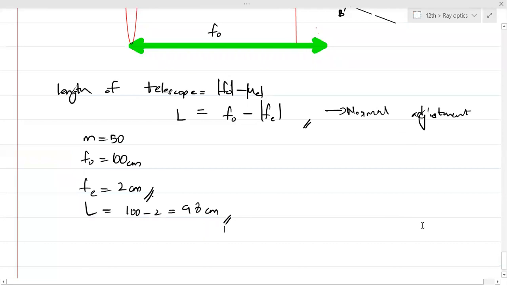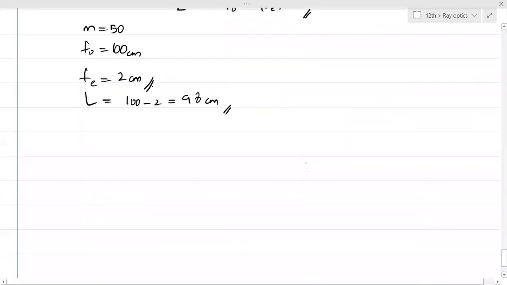Got it? So if you understand the ray diagram, it will be easy. Okay? Now Harsha ने ये पूछा, sir, concave lens will always produce a diminished image. Is that correct? Concave lens will always produce a diminished image. This is for which object? For real object or virtual object?